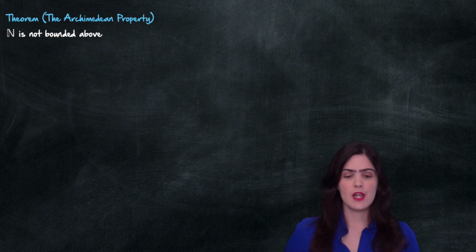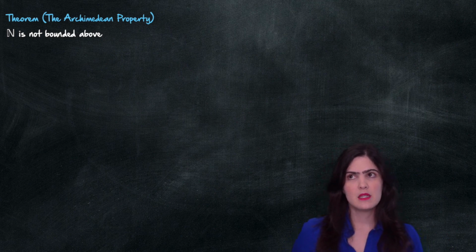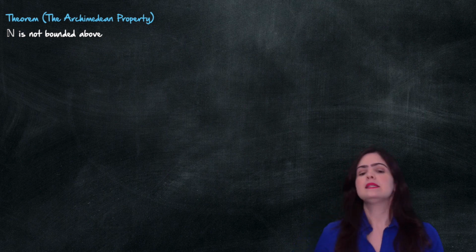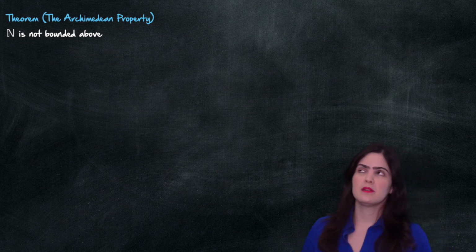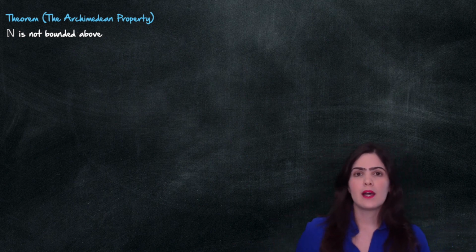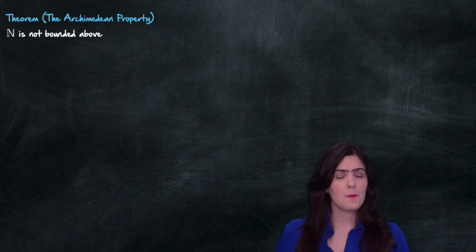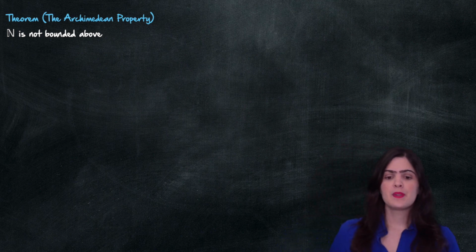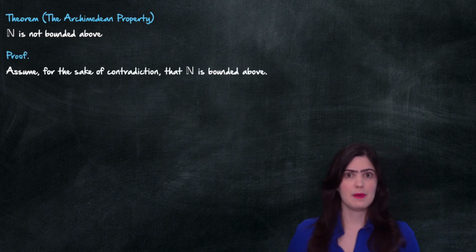So the first thing that I notice is that this statement is written in a negative way, right? It's saying is not bounded above. But again, proving that something is not something is hard. So whenever you have a statement that is written in a negative way, you should start thinking, maybe contradiction is the way to go.